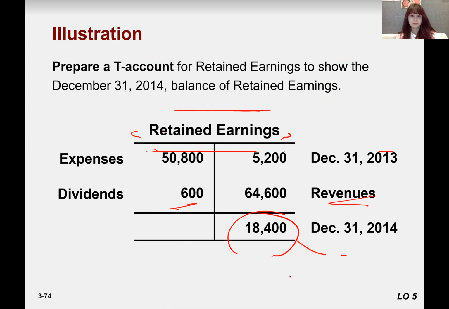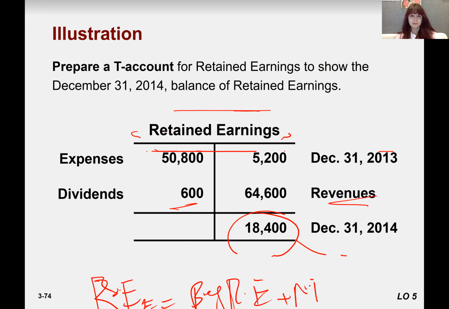Retained earnings, right? So it looks like the formula for ending retained earnings balance that we just learned in our lecture 2 or maybe lecture 3, that ending retained earnings is equal to beginning retained earnings plus net income minus dividends. So it looks like that,